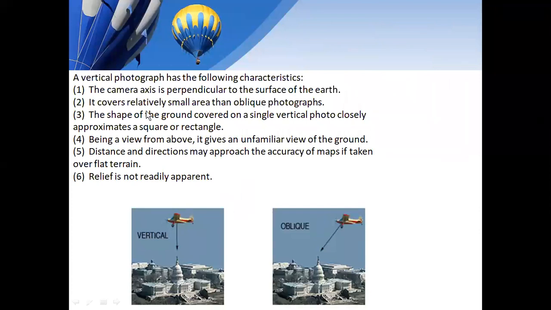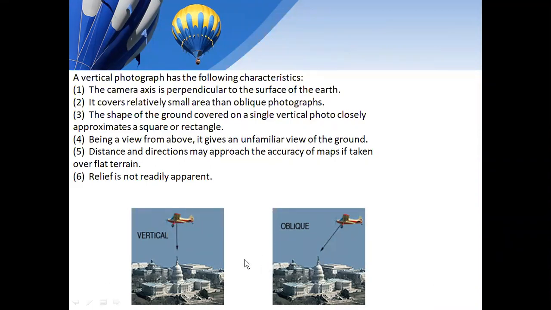So these are the main characteristics of vertical aerial photographs. This picture clearly shows the object. Below the aircraft, they fix the aerial camera, a high-resolution camera with a good lens. The EMR radiation travels in this direction, touches the object and gets reflected. This is exactly a vertical aerial photograph. If it maintains some sort of angle, that is an oblique aerial photograph.